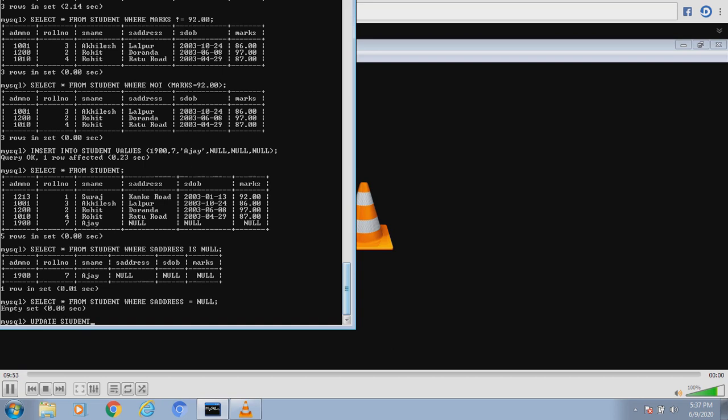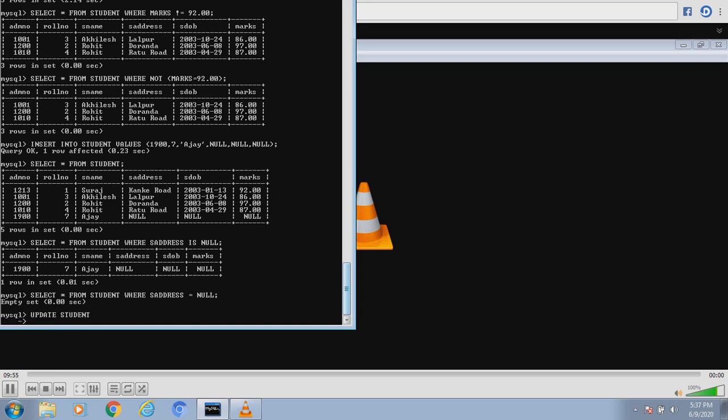What are we to do in this? We are to set S_address is equal to, say his address is Tupudana, so we'll write S_address is equal to Tupudana.